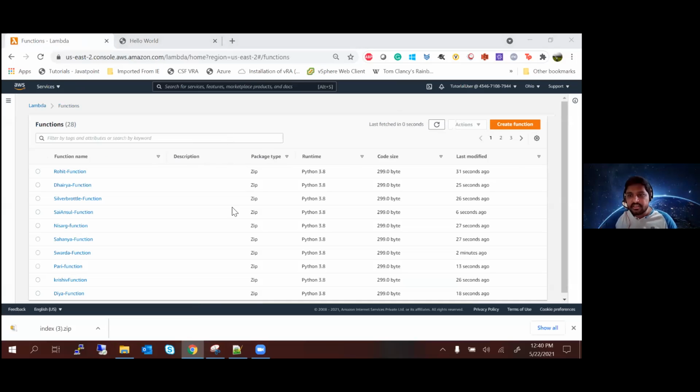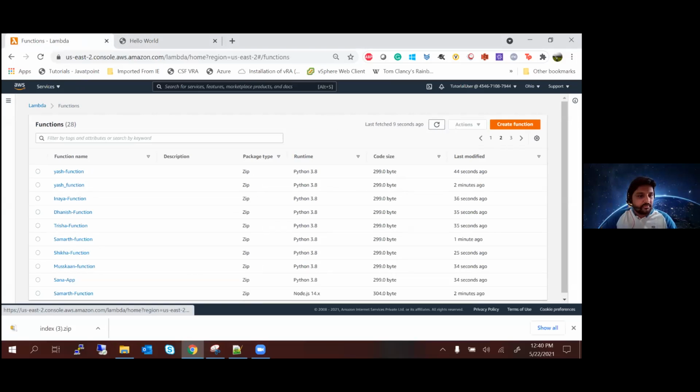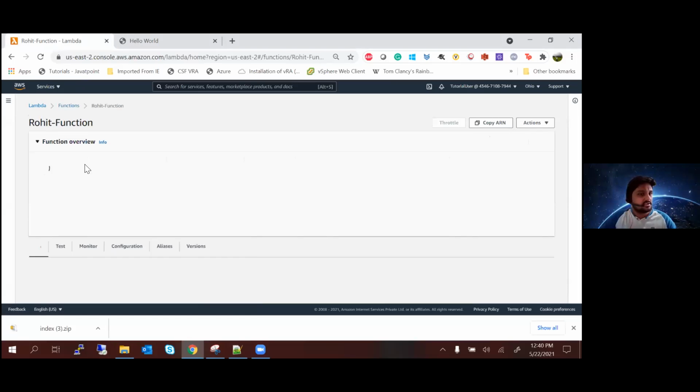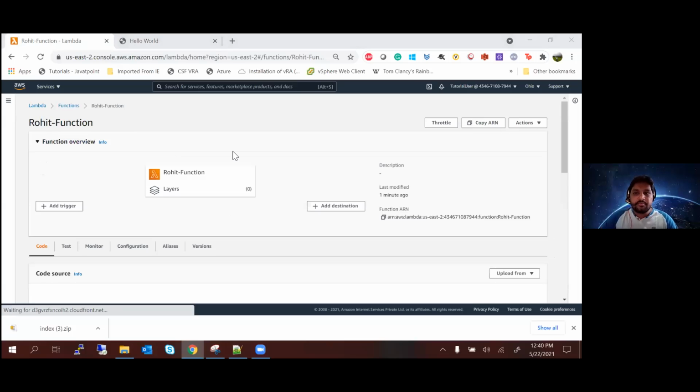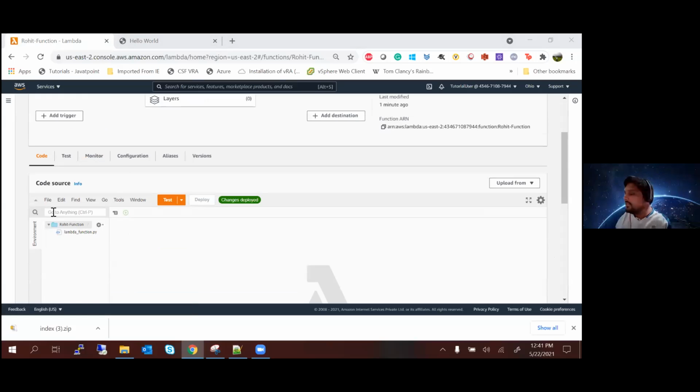It's okay. You can click on create function again. It can be a bit slow sometimes. Those of you who are able to create a function, that's fine. If you're not able to create a function, just follow what I'm doing on the screen. Just look at my screen, right? It's okay. It can be a bit problematic because 150 people, 120 people are doing this together, right? So it can error out.